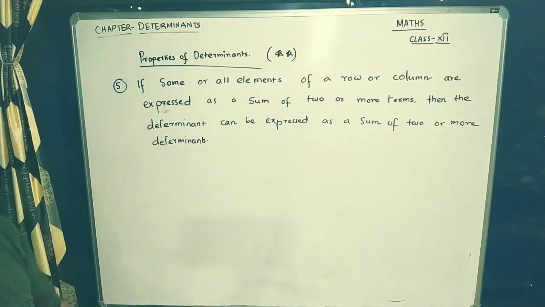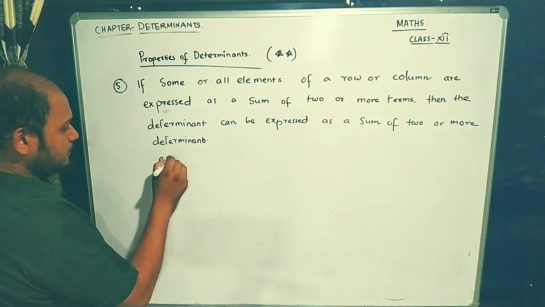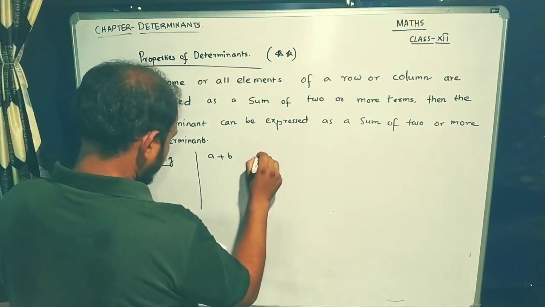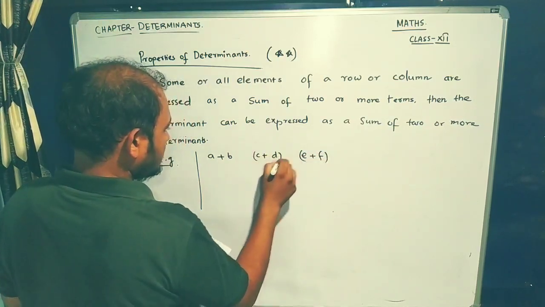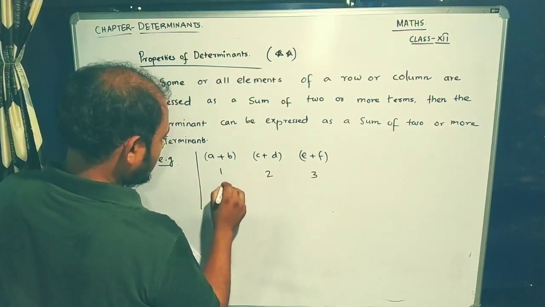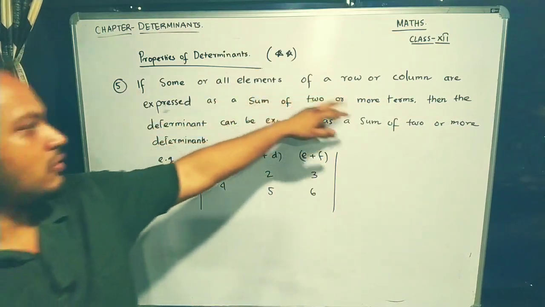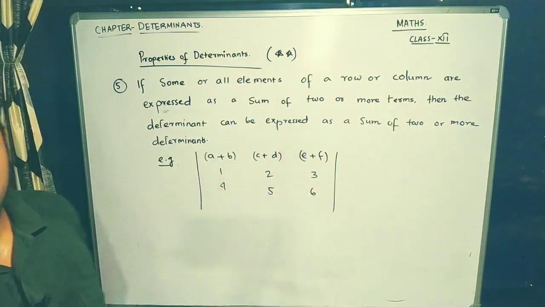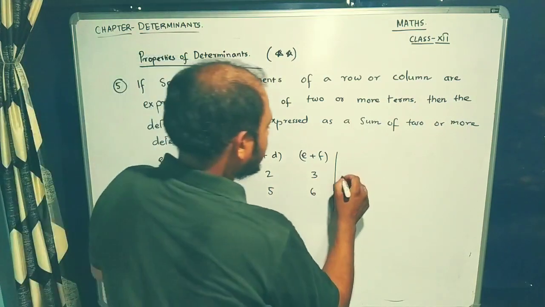So let me give you an example and try to explain to you what this property 5 tells us. Let us say we have a determinant with A plus B, then C plus D, and E plus F. So these are the elements of the first row. In the second row you have 1 2 3 4 5 6. So according to this property, if any row or any column has elements in this form, they are getting added. So each and every element of a row or a column is an addition. Then you can do one thing. You can create 2 determinants,